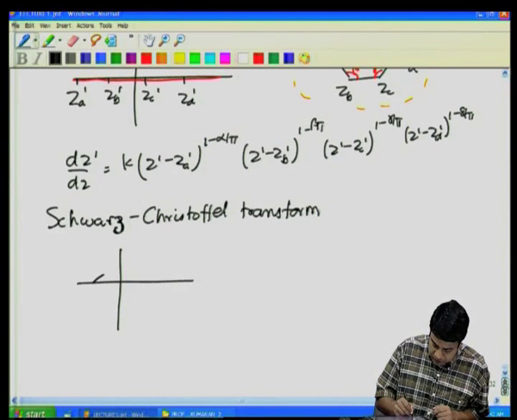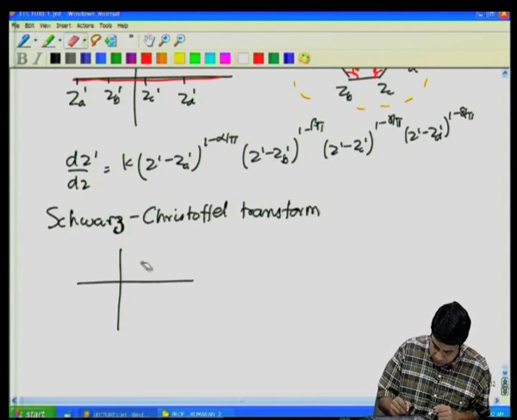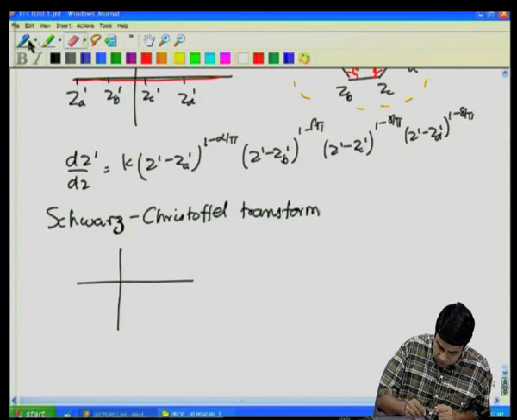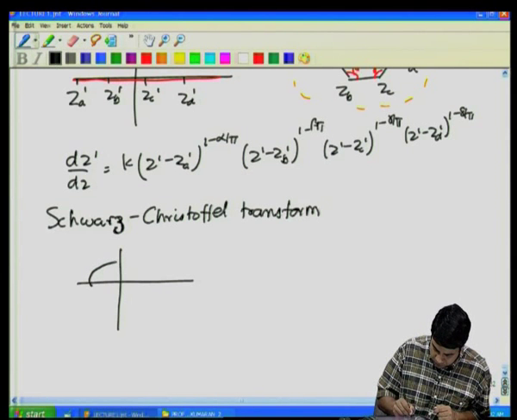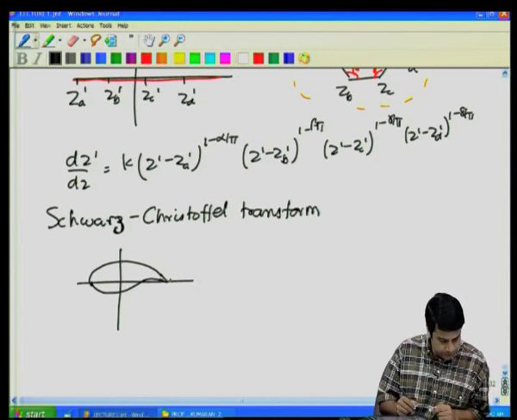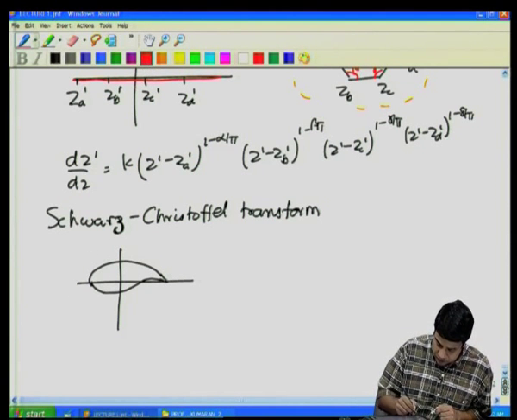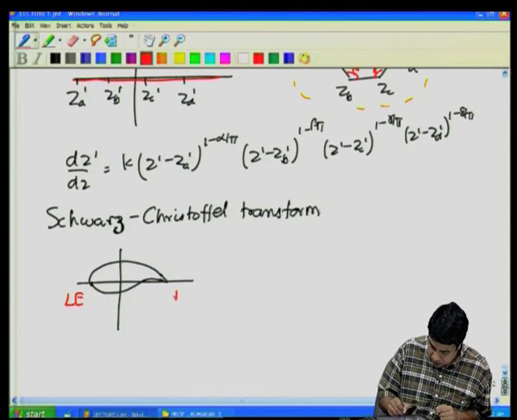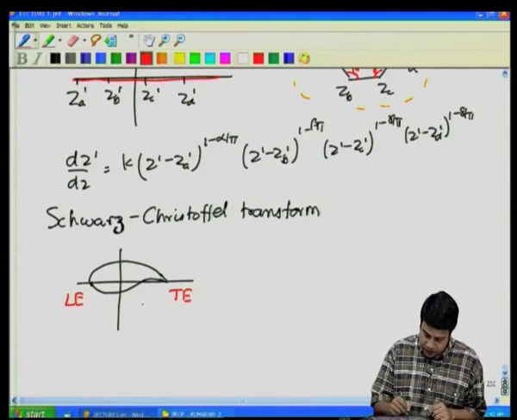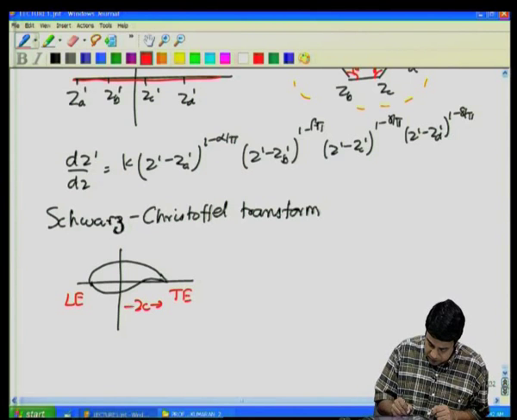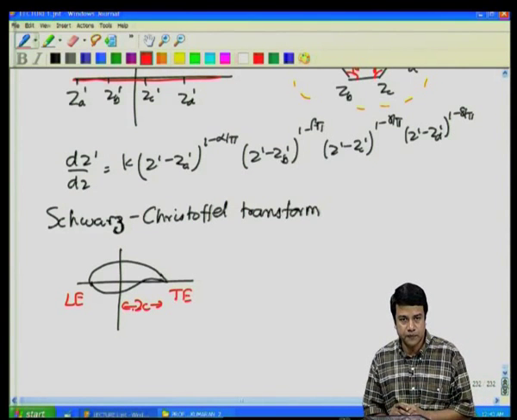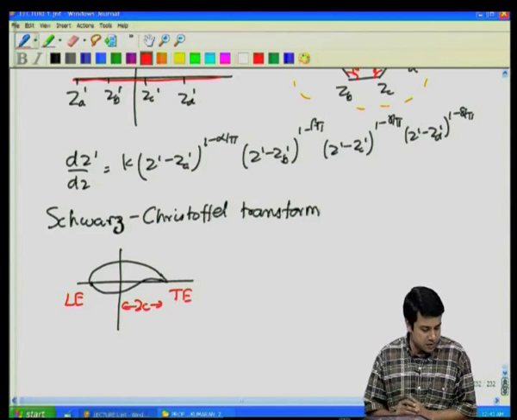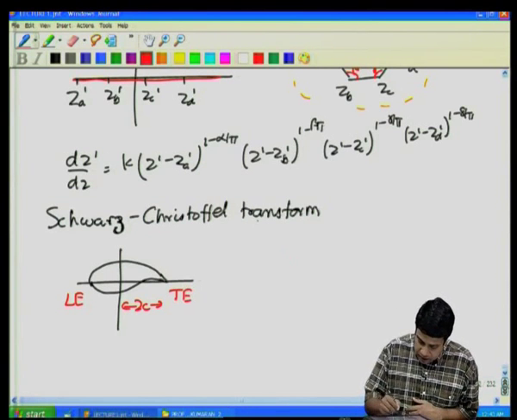So, if I have an object that looks something like this, okay. This here is what is called the leading edge, and this is what is called the trailing edge, and this is often called 2c, where c is what is called the chord length. Okay. So, if I have a specific object that looks like this, I can transform it onto a circle